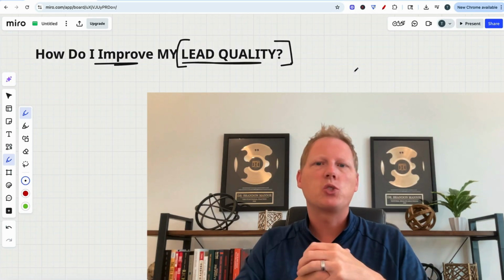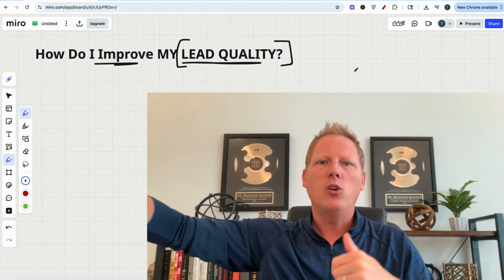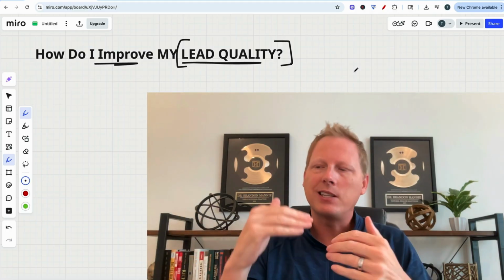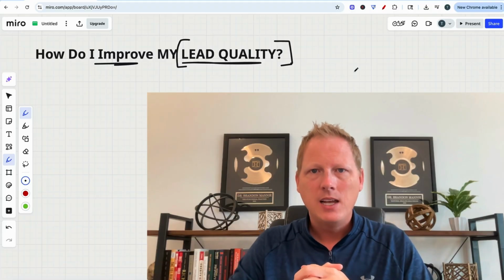So step one is just wipe the pixel clean, get a fresh start, and hopefully when you get some more conversions, the quality will go up. That's step number one, because it'll take you 5 minutes to do.